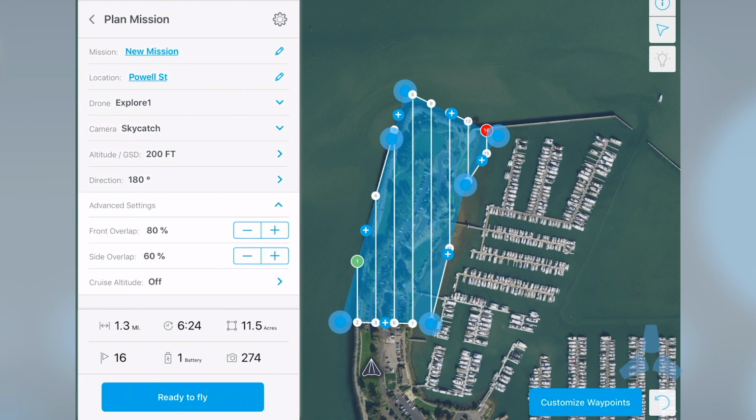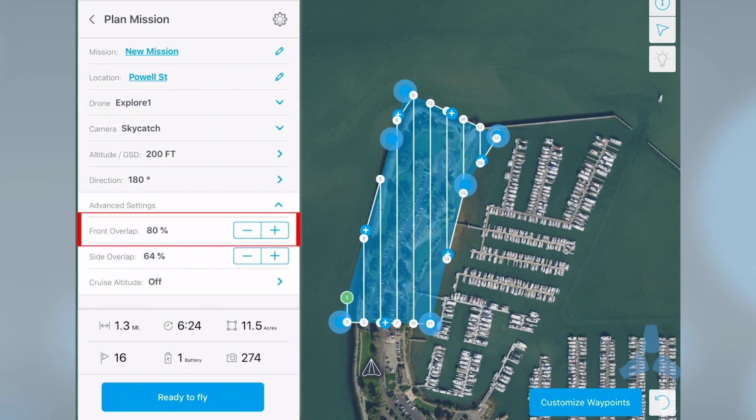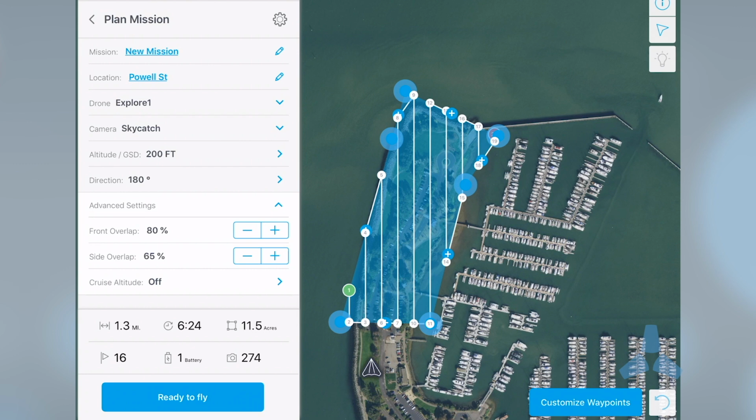I can also adjust some other capture parameters like overlap, which can be important when we stitch the photos together. Check out the user manual for advanced features like terrain following, 3D mission planning, and using a previous mission's base map. After I've completed all of my pre-flight drone inspection, I'm going to select Ready to Fly, and I will